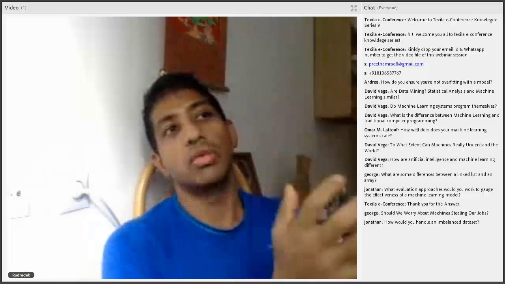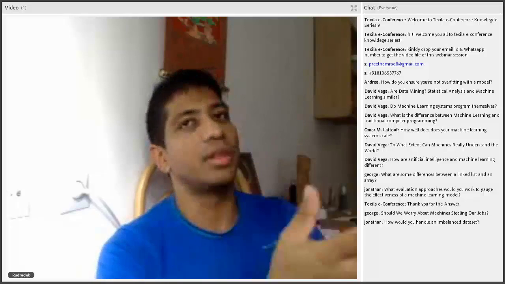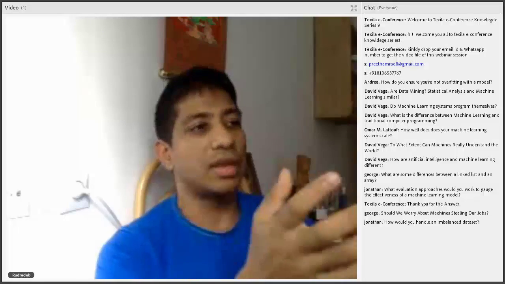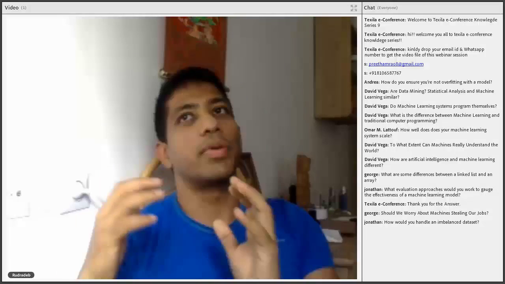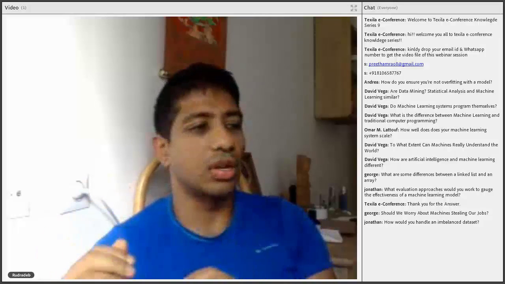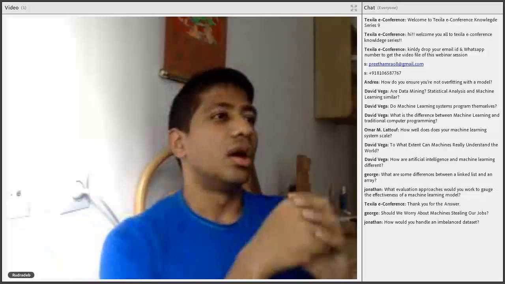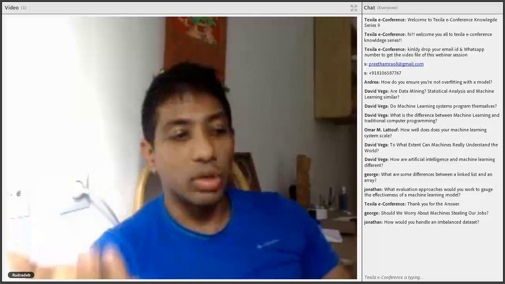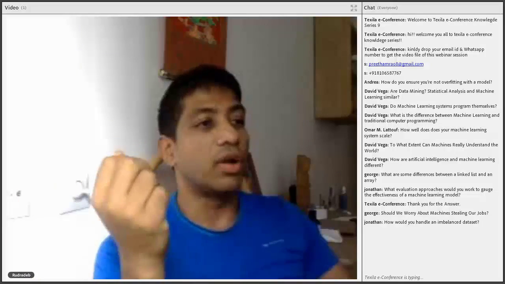In AI, you could use a machine learning algorithm, which is purely data. You're not trying to explicitly represent the knowledge. You're just storing the data and trying to find patterns in the data. On the other hand, you can try to represent the knowledge in a formal language, like first order logic or second order logic, which is not dealing with the data, but you're actually representing the knowledge. And in some cases you can combine both of them, because many times you cannot store or have data for everything that you have.